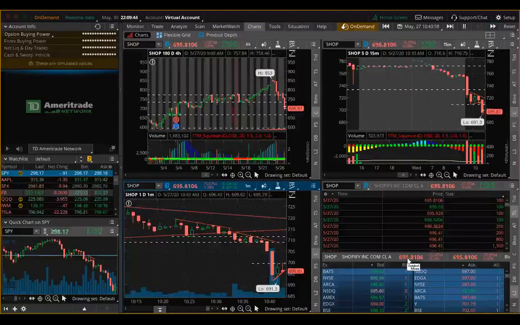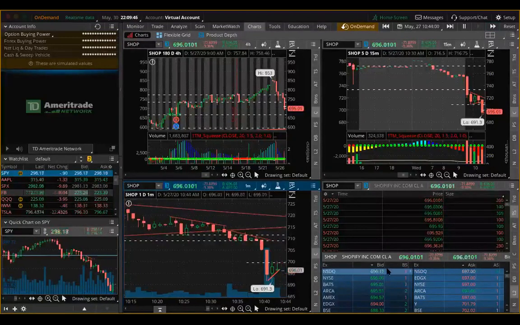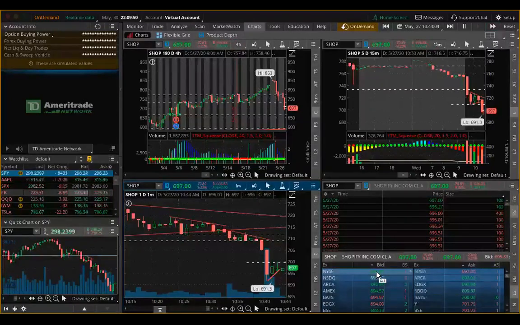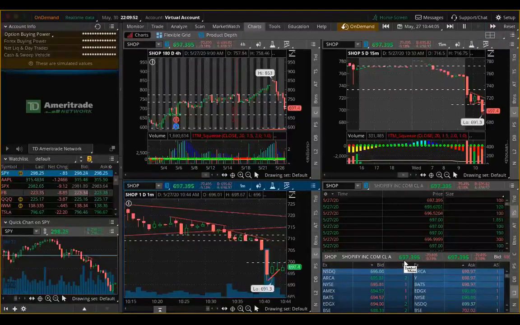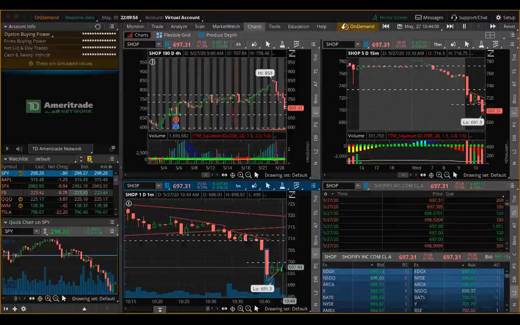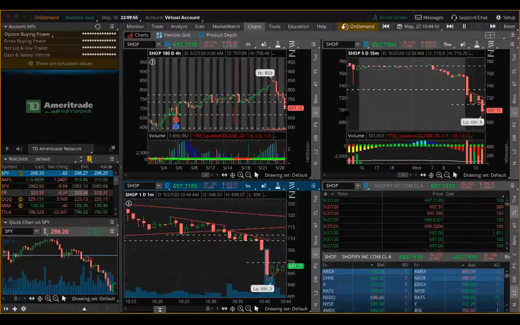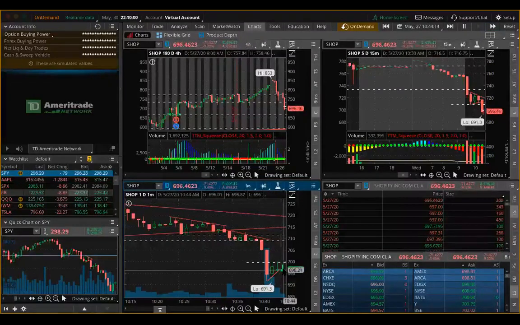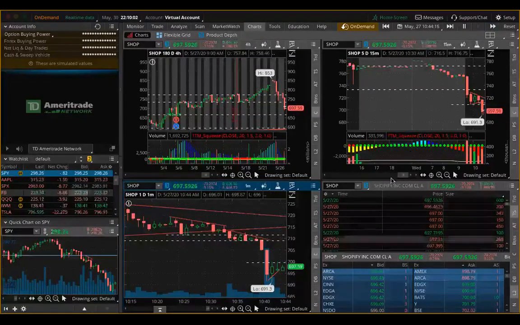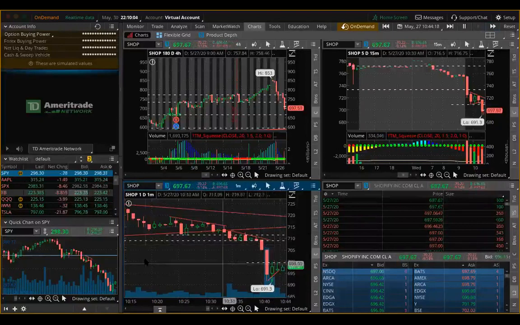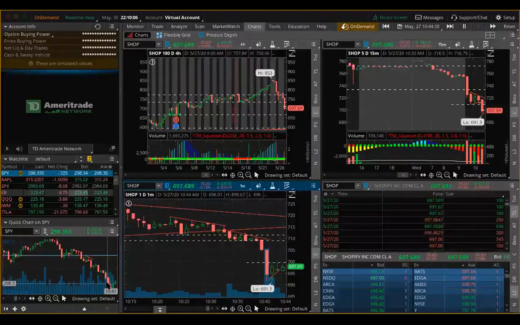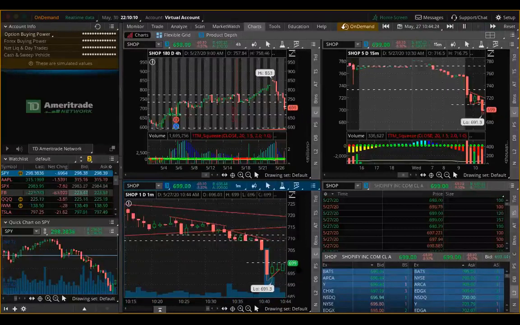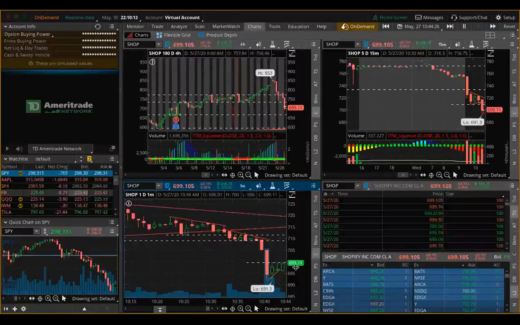We're at 695. So these bids should be coming in. They should be roughly about the same, or these should be higher. Kind of broken out of the pennant, right? We've broken out of the pennant. So while you're looking at this level 2 time of sales, you want to be looking at this chart. We got SPY kind of looking like it's bouncing right now. You know, some people might get faked out right here.